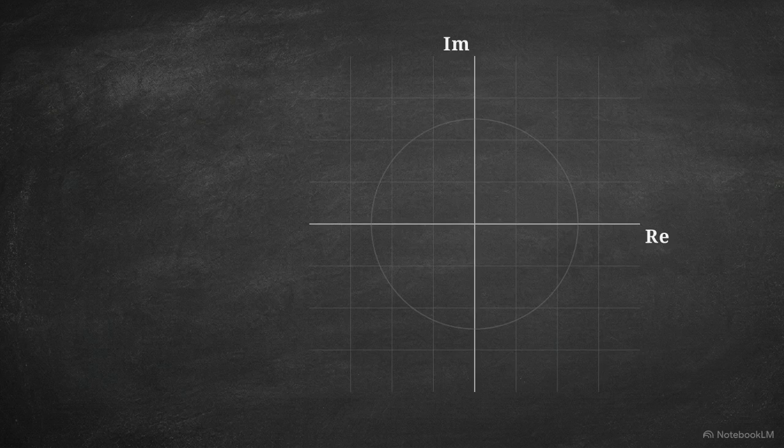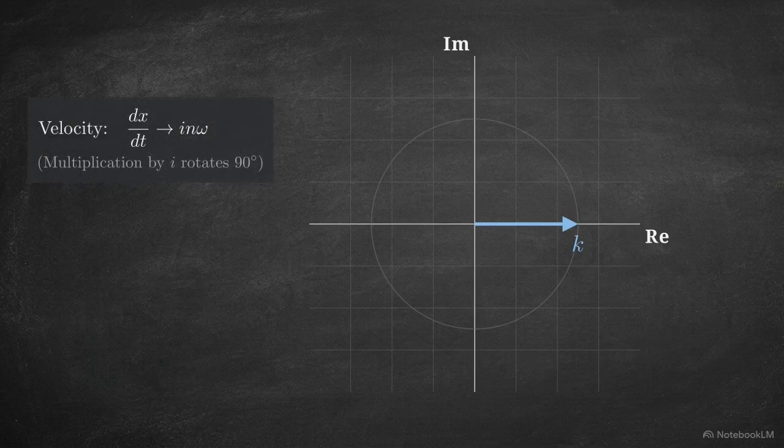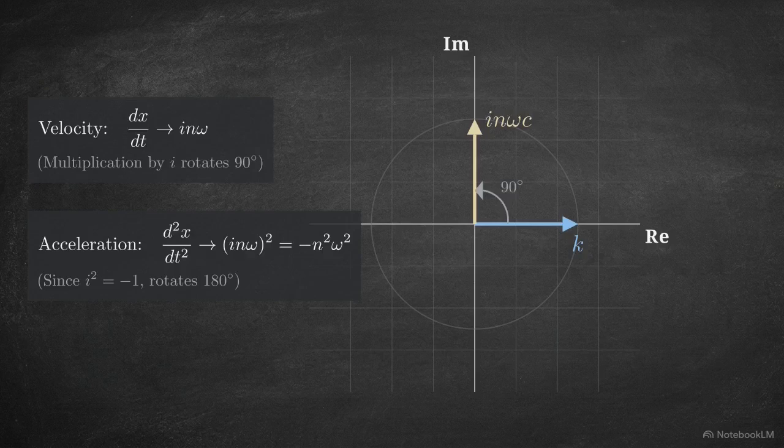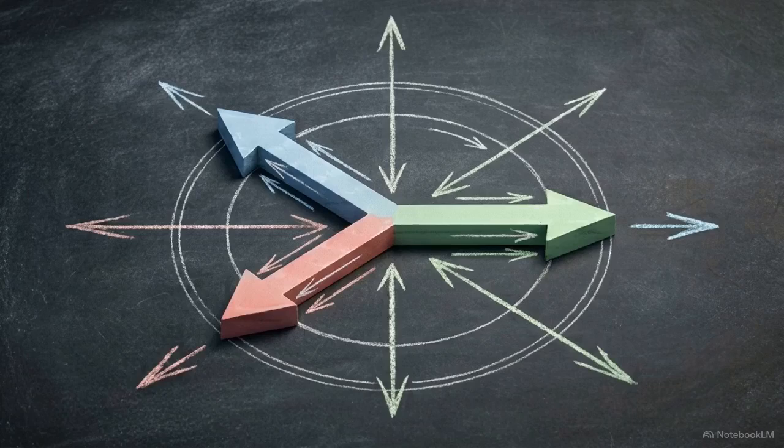The restoring force of the material, its static stiffness, stands at the baseline phase, pointing to the right at 0 degrees. Velocity introduces one time derivative, dropping one iω term. This shifts the damping force 90 degrees ahead of displacement, pointing straight up along the imaginary axis. Acceleration requires two time derivatives, introducing an i squared. This results in a negative sign, rotating the inertia vector a full 180 degrees, so it directly opposes the stiffness vector. The physical forces tearing at a vibrating structure are three static arrows fighting a tug-of-war on a geometric compass.